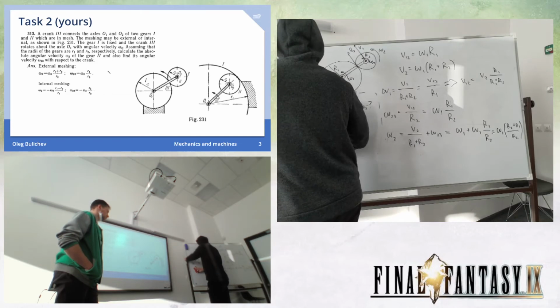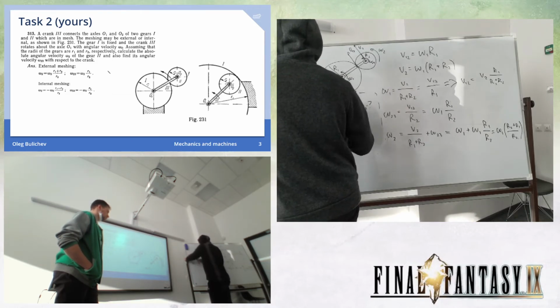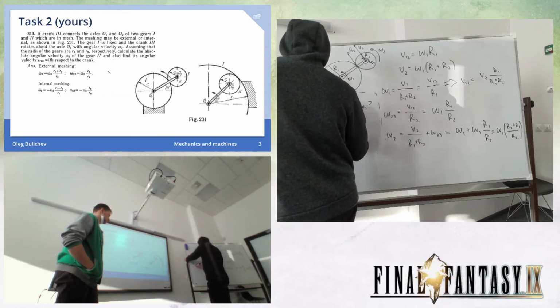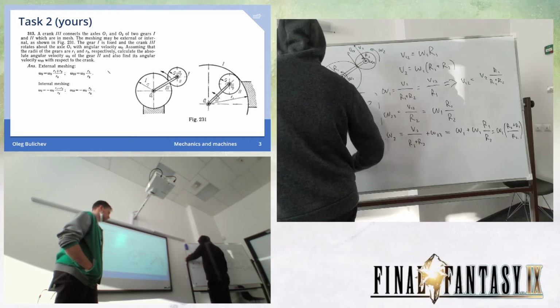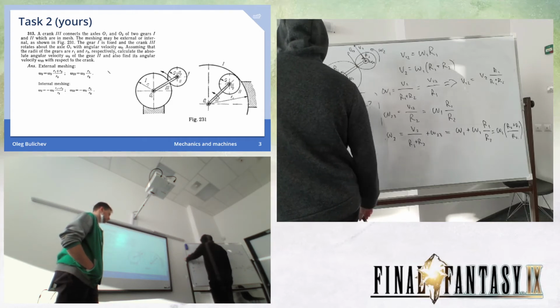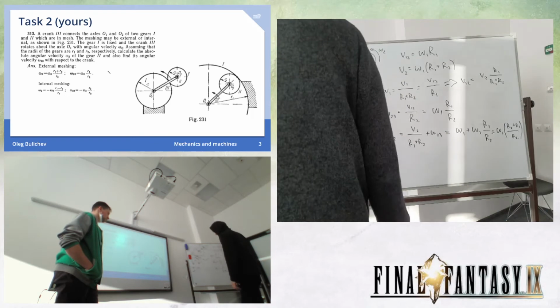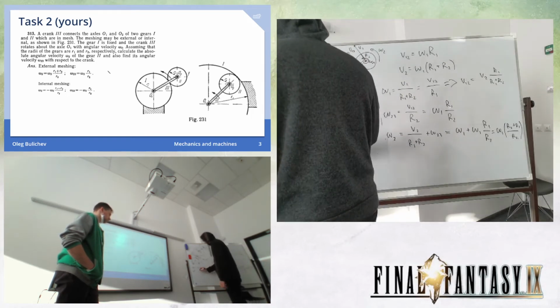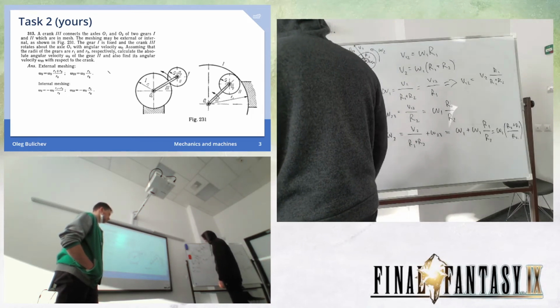And omega is minus omega 1 in the old coordinate system, right? Omega is minus omega 1. So omega star 1 is just omega, right? It just changes sign because